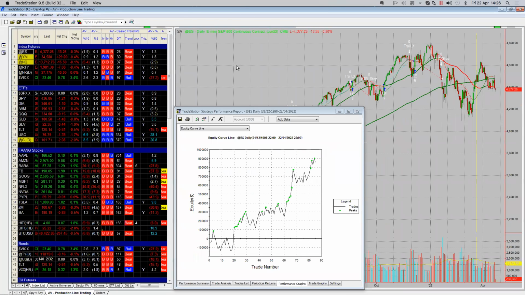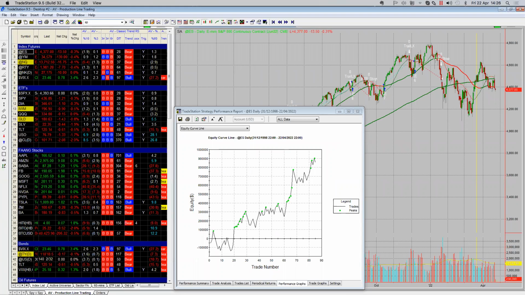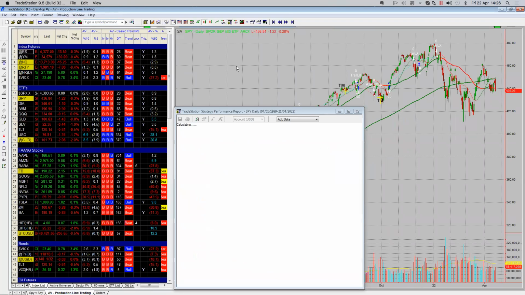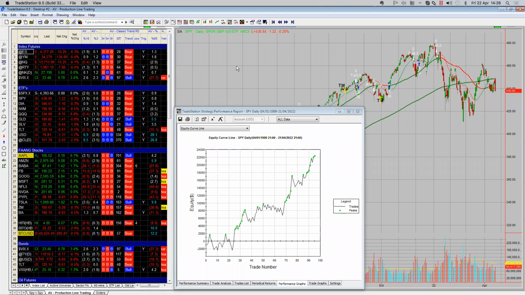Again, we could look at the ETF. There's a comment in the chat about it. What about the ETF? What if we don't want to trade futures? You can trade it via an ETF. Does it work on ETFs? Yes. How do you know? I can plug it into the system and say, if I had applied those rules to the S&P 500 or SPY, the ETF equivalent of the futures market, would it have yielded a result? Yes, it would on average. Is it going to work over the next 30, 60, 90 days?